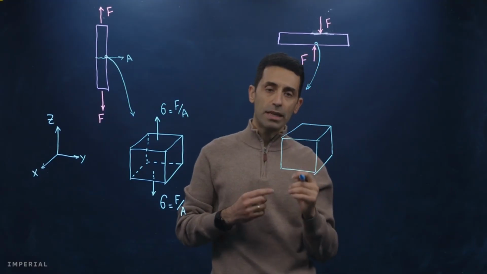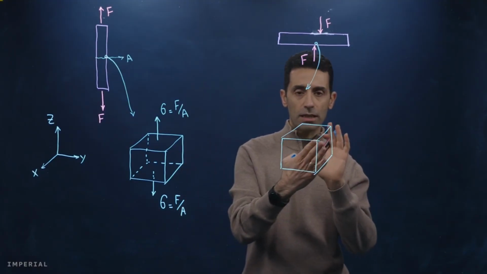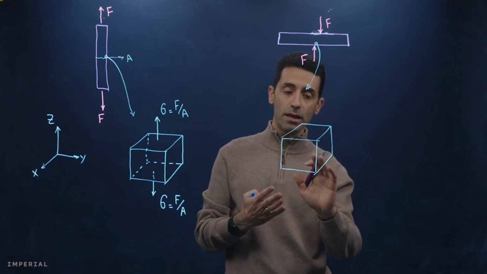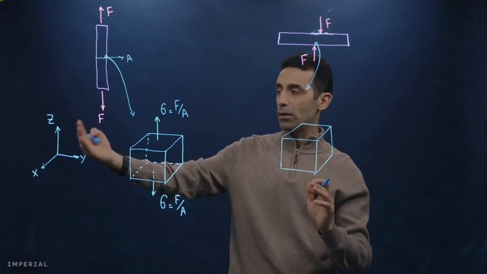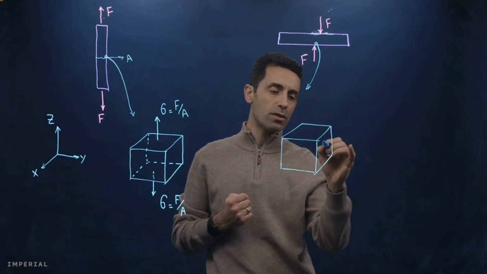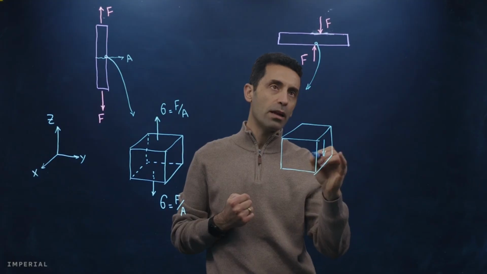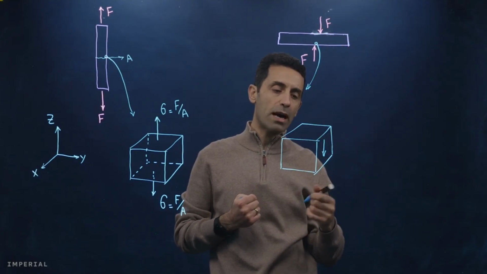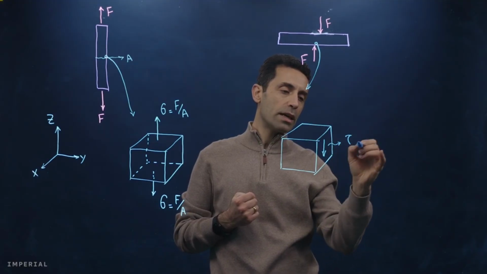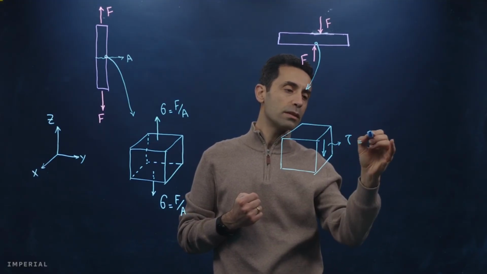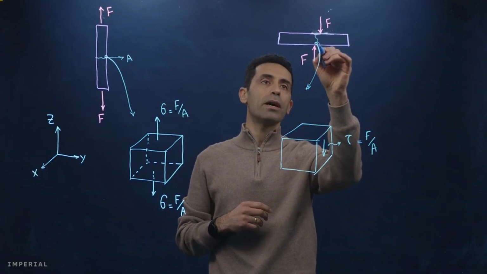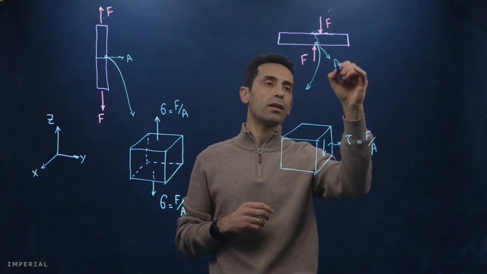So on this face of our element, we will have a stress that is a shear stress. So that stress is within the face here, and it is parallel now to the z-axis. Okay, so this stress will be like this because our force is working downwards, and the amount of this stress is force divided by the cross-sectional area, right? So if we call this cross-sectional area A,